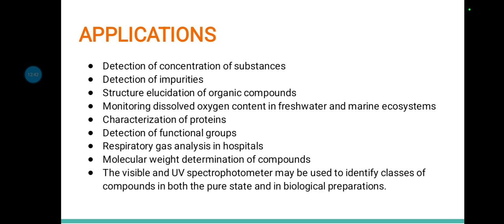Application of spectrophotometers. They are used in the detection of concentration of substances and detection of impurities. Then they are used to elucidate the structure of organic compounds. For dissolved oxygen content in freshwater and marine ecosystems, we can use a spectrophotometer. For protein characterization, we can use a spectrophotometer. Detection of functional groups, respiratory gases analysis in hospitals, and knowing the molecular weight of compounds. The visible and UV spectrometer can also be used to identify classes of compounds in both the purity and biological